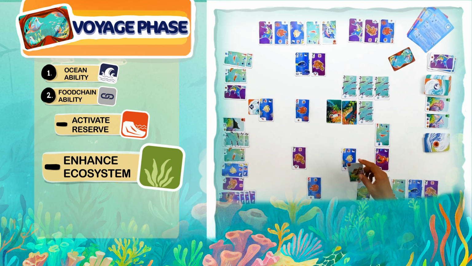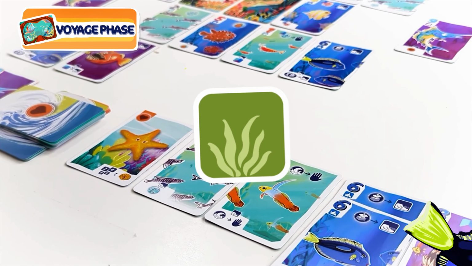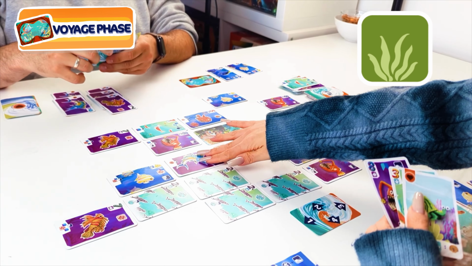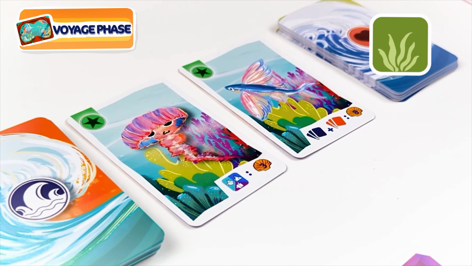Finally, the last action you can do on your turn is to enhance your ecosystem. You may add any number of unique secret fish to your active ecosystem. Ecosystems are the main way to score environmental points. Each ecosystem will score you points for every fulfilled special fish objective and any added secret fish at the end